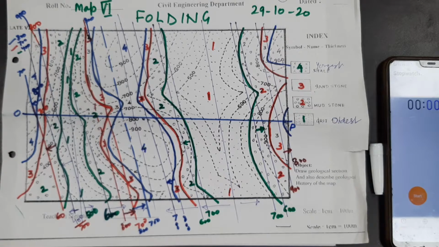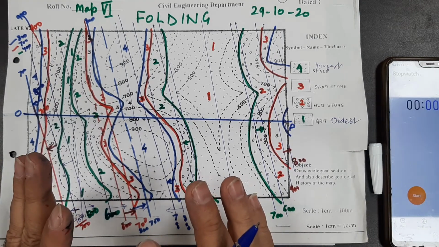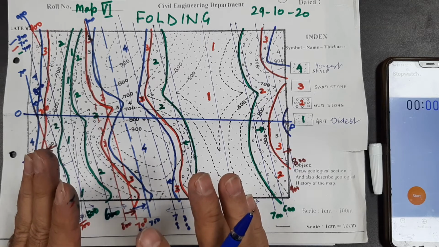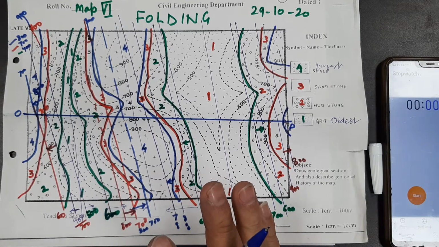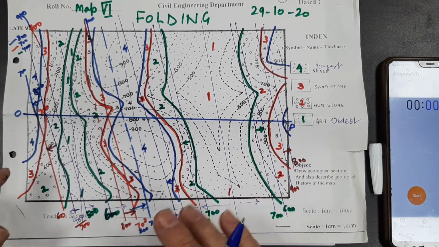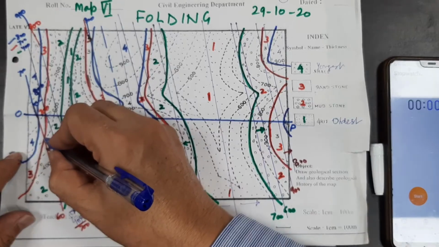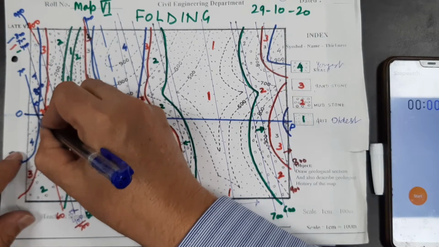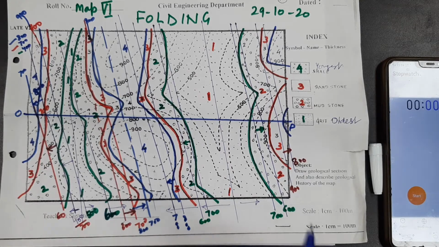If it seems that 2 contacts will be dipping in the same direction, then you can use one dip for 2 or 3 contacts. I have already given you the map with strike lines drawn, but you have to use the value. The value you have to give to the strike line, because one strike line can be used for many different contacts. As I have explained, this red strike line of 600 for the red contact can also be used for the blue contact as 700. So, it is up to you which strike line you use for which contact.